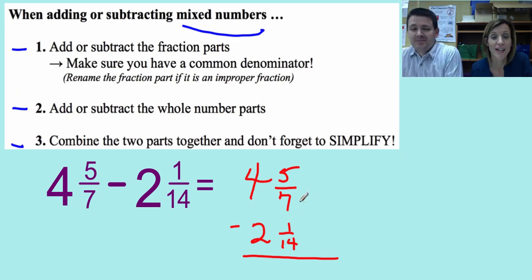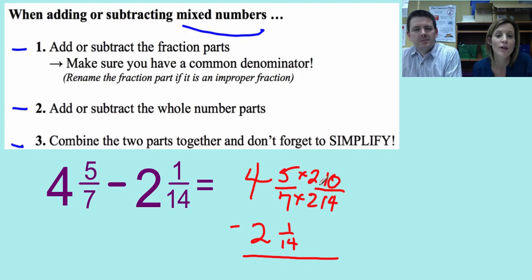Interesting. All right. Okay, common denominator between 7 and 14. Remember, we're looking to see if the smaller denominator can go into the larger number, and in this case, it can. So we are changing 7s into 14 by asking ourselves, how many times does 7 go into 14? It goes in twice, so we're going to multiply numerator and denominator by 2. We now have 4 and 10/14 minus 2 and 1/14. So we're going to subtract the fractions, which is 10 minus 1, leaves us with